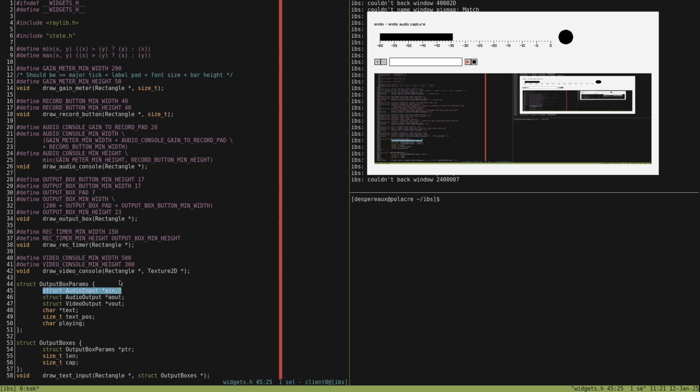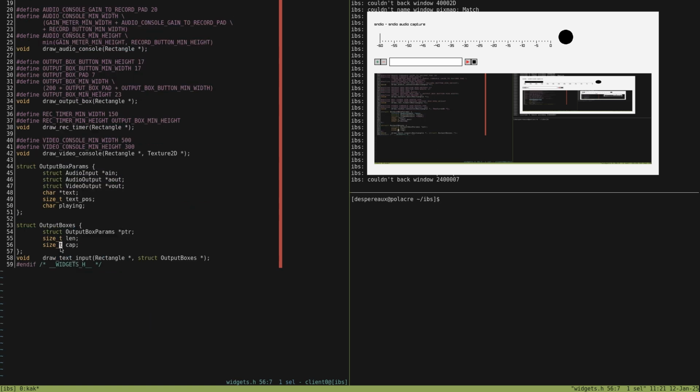In which case we need our output boxes to be global to the widgets. Which I think makes sense. The widgets can own the output boxes.